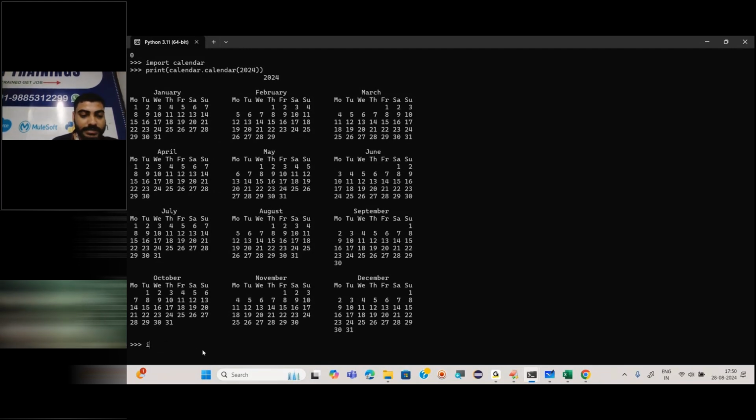In this particular example, import calendar. We have imported the calendar. You do one thing, clear it. Import calendar.